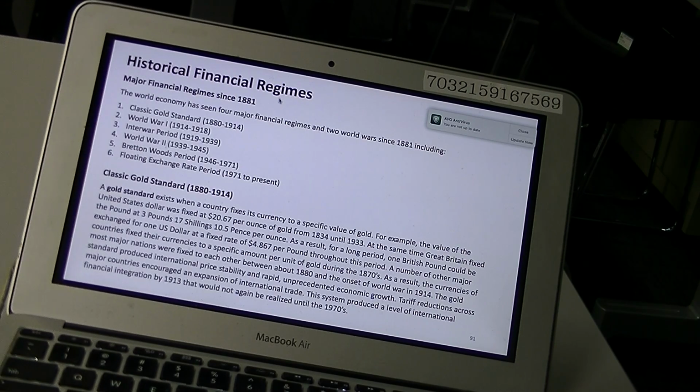So that's why we want to take a look at the gold standard. That was a very important part of global economic history. Although it seems like it's a long time ago, that has an impact now, and we want to understand the benefits, the advantages and disadvantages of the gold standard. World War I caused a big change of that. Then there was what we call the interwar period, 1919 to 1939. Between the wars, that was the financial regime that existed then. World War II again was a major disruption in